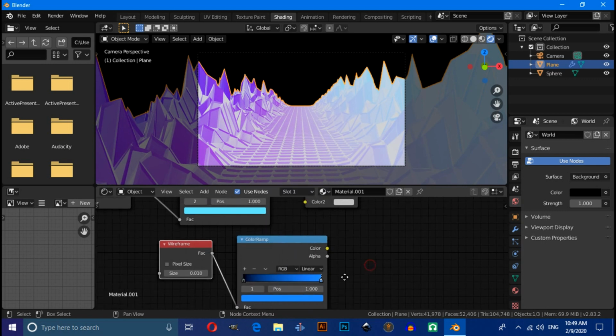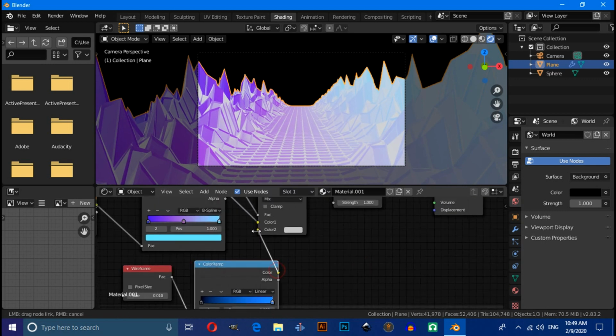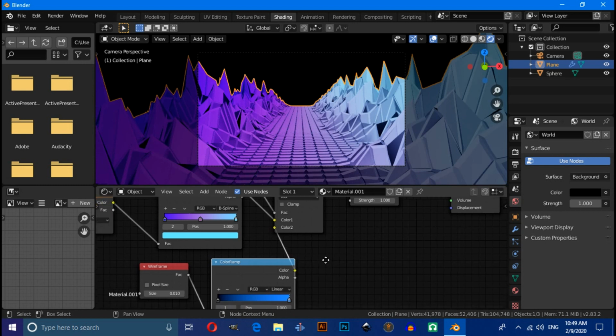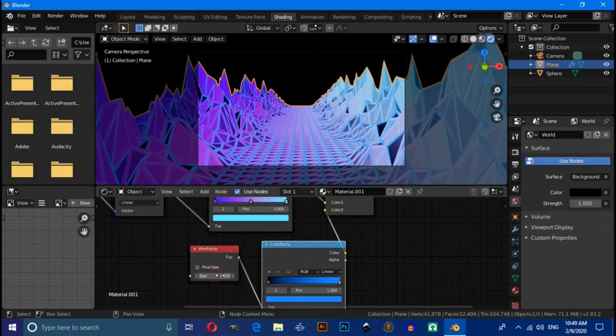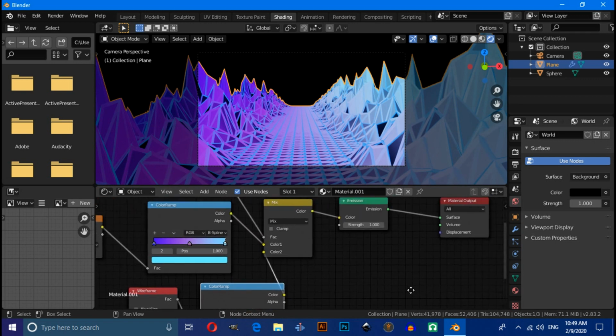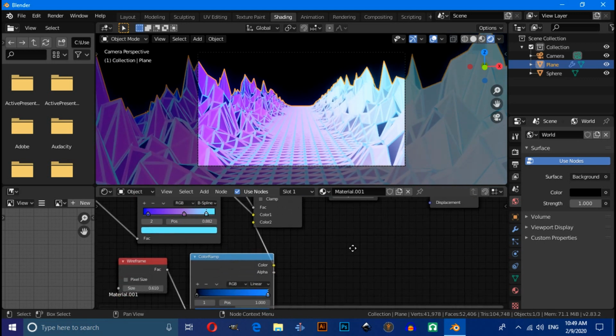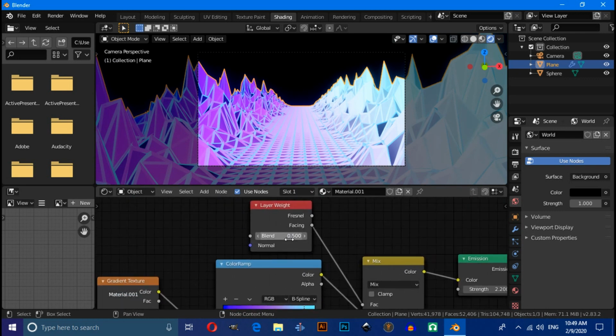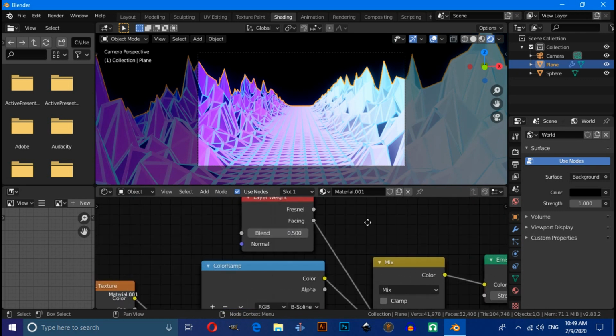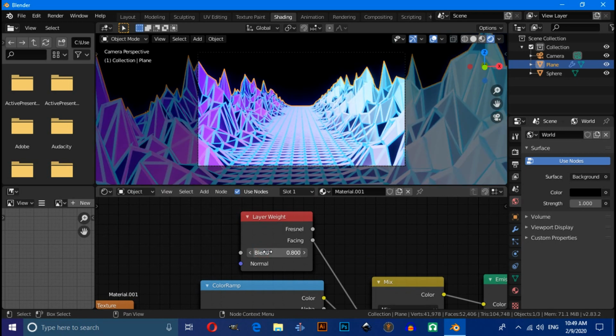Okay, and connect this color with this color, and you have to increase its size from here, and you have to increase its strength a little bit like this, and you can play with its color ramp handle like this. Find your best position, and you can also adjust the blend mode from here like this. Okay,